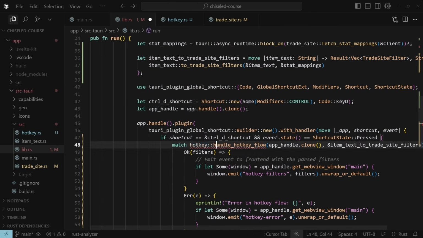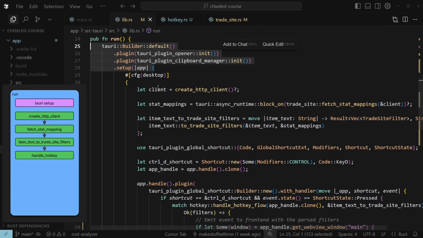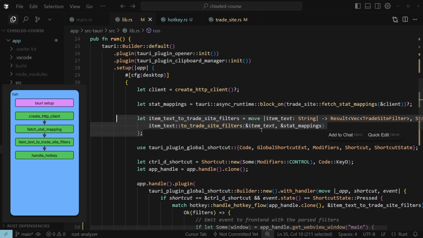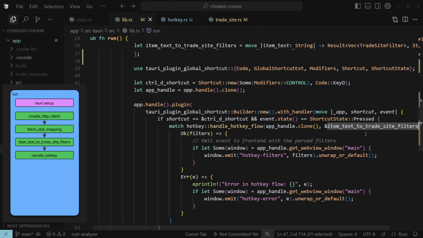And we'll reference that here. Easy. Okay, let's take a breath and see what all that got us. So now in our Tauri run method, we can see we do some Tauri setup stuff. We create an HTTP client. We use that to get some stat mappings. We use those combined with item text to get some trade site filters. We create a shortcut, and then we trigger handle hotkey flow, which uses that item text to trade site filters